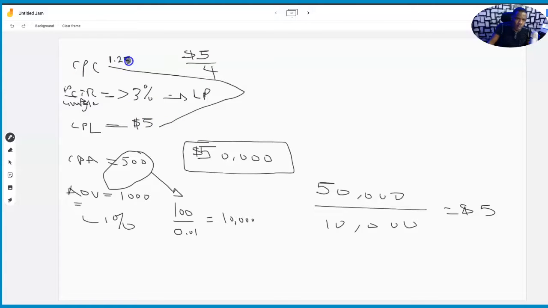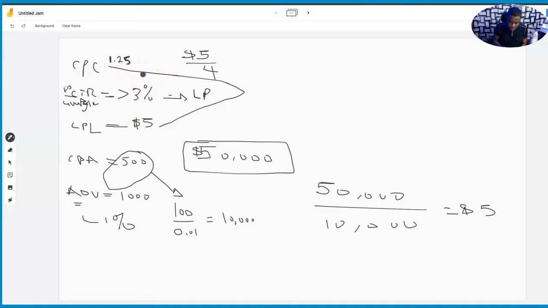So meaning you're spending $1.25 per click, and out of every 4% that clicks, one of them becomes a lead, which is $5 per lead. Okay. All right. And if you do this, if you say the $1.25, which is what you're spending per click,